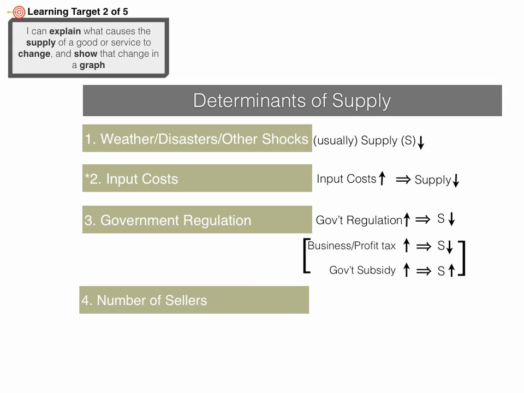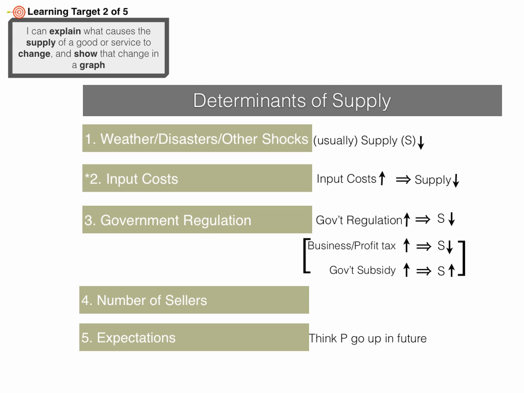Fourth determinant of supply, number of sellers in the market. The greater number of sellers, greater supply. Fewer number of sellers, less supply. Fifth determinant, expectations. Future expectations, usually regarding price. If you're a business and you think that in the future you could get a higher price for this particular product, what's going to happen to the supply of the product today? More than likely, the supply of the product today would go down because you're going to hold off, you're going to wait to use the resources you have to produce it in the future, where you could get a higher